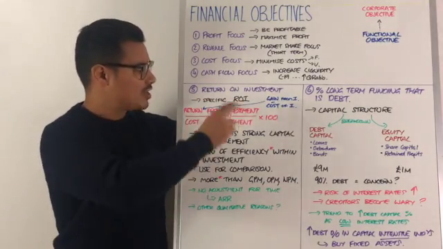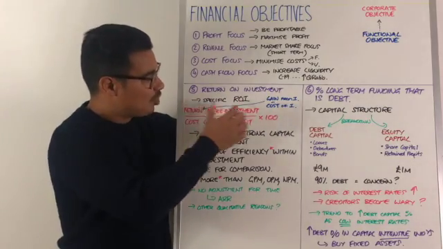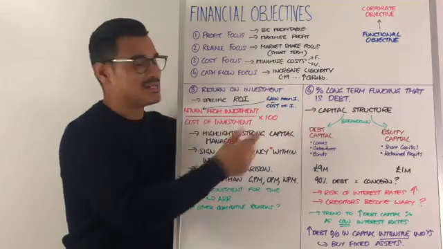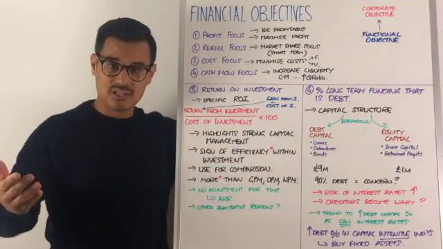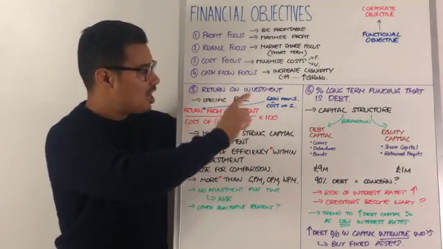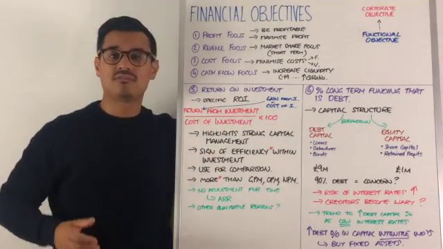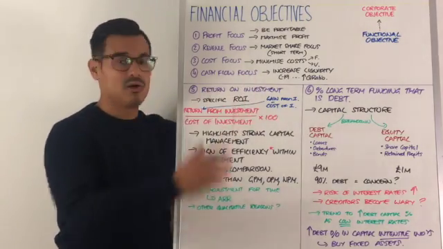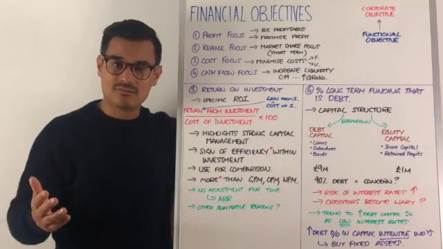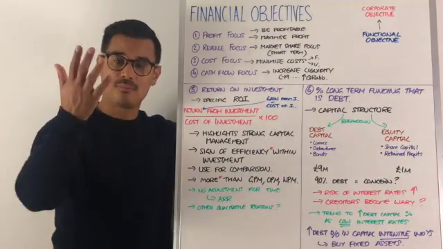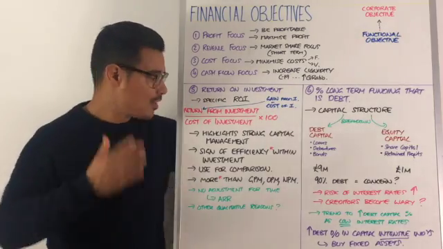Now, the formula for return on investment is return from investment. Remember, return from investment means the difference between the gain, the profit from the investment, minus the cost of that investment. So return from investment divided by cost of investment times 100, because it's expressed as a percentage. Now, if the formula comes out as a negative number, it's not a good thing. If it comes out as a positive number, and the higher the positive number, that's a good thing